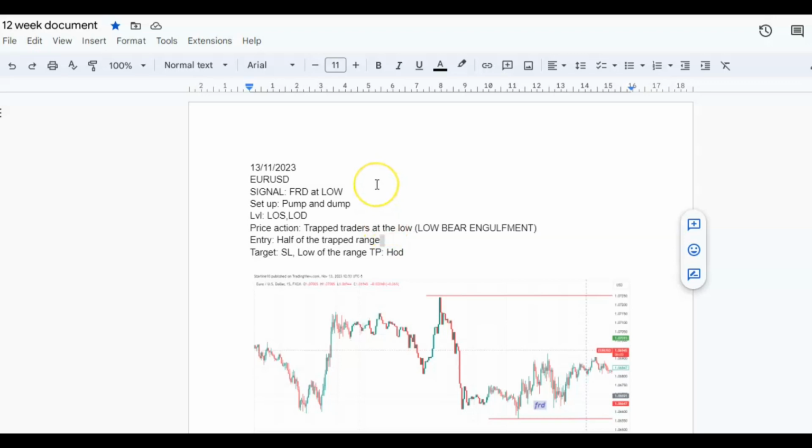This week I took a couple of trades, and I am going to show you the trades that I took, why I took them, whether they were high quality or not, and later in the video we will talk about